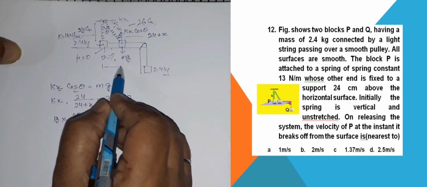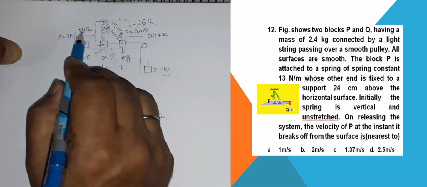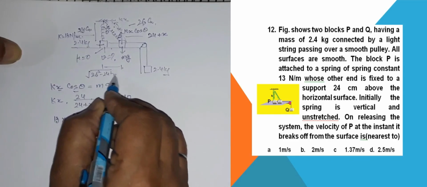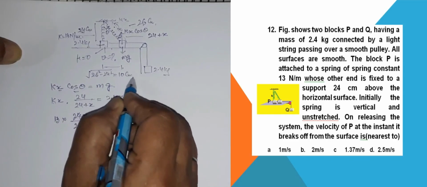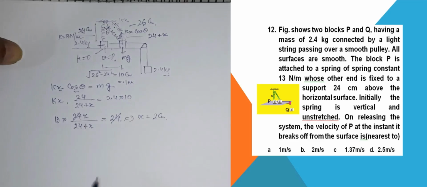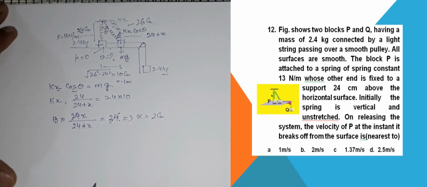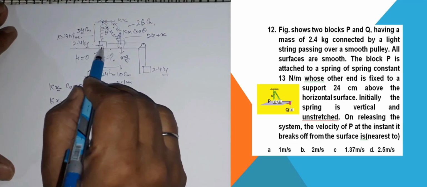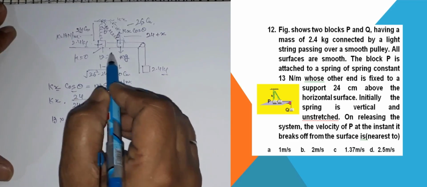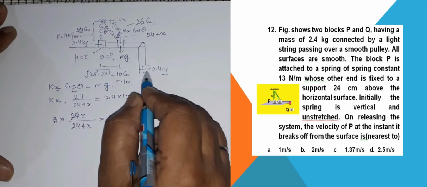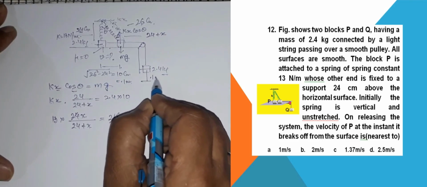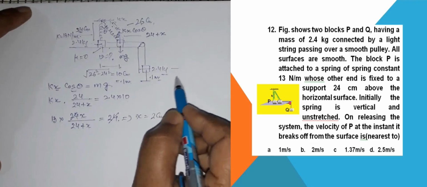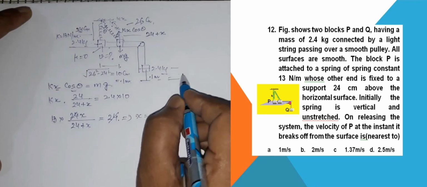And this becomes 26 square minus 24 square under root. That is equal to 10 centimeter. That is 0.1 meter. So this is 0.1 meter. That means as 2.4 kilogram is displaced through this distance 0.1 meter here, this block also comes 0.1 meter downside. That means there is decrease in potential energy